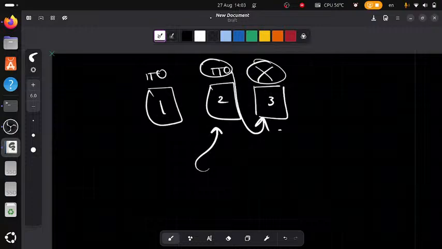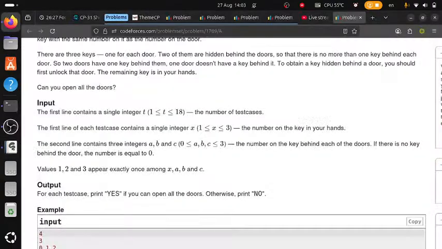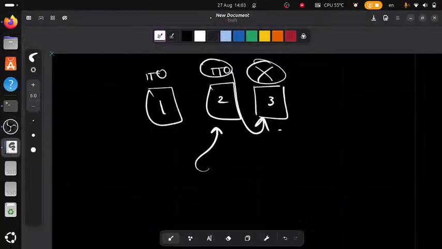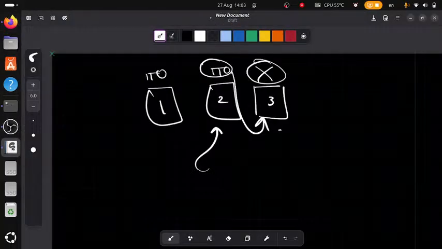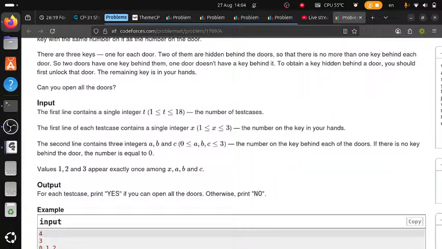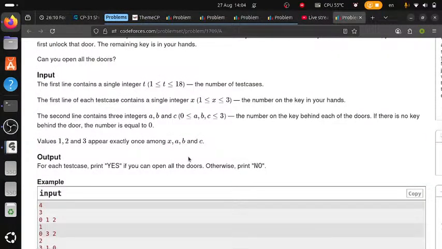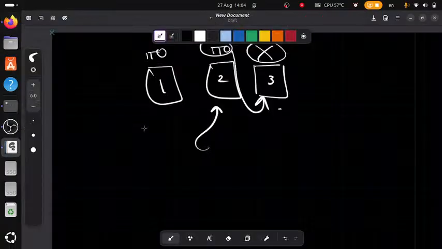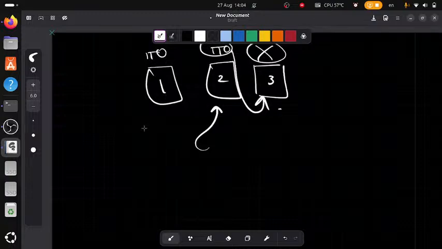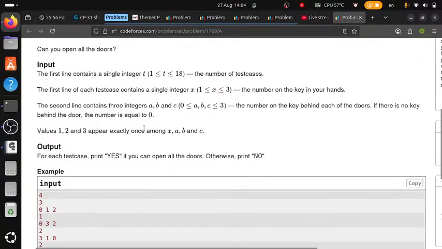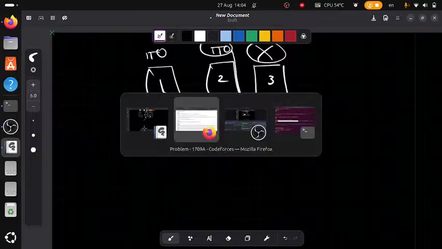So is there any other possibility? I don't think there's any other possibility. So we need to open all doors. And that's the only two possibilities. We can just